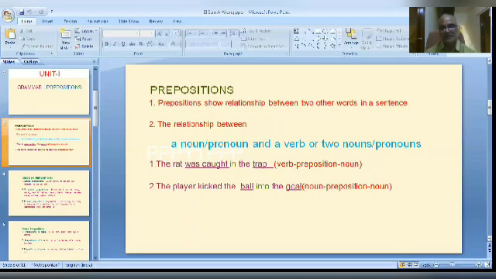So prepositions are basically words which show the relationship between words. And importantly, remember, these words may be verb and noun, verb and pronoun, or sometimes two nouns, two pronouns, or a noun and a pronoun. So this is the basic information regarding the proper use of prepositions. So now I conclude the